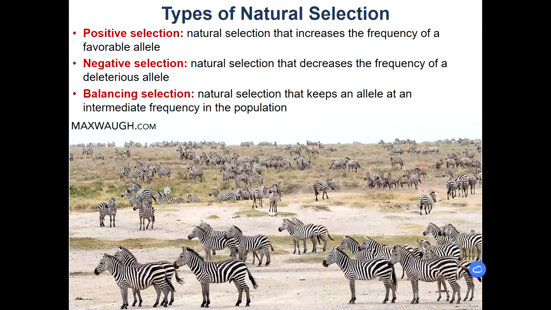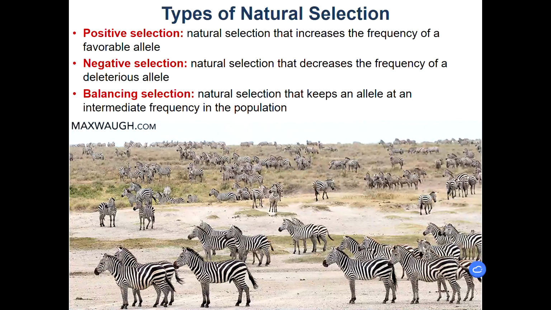So there are types of natural selection. There's positive selection, and that's natural selection that increases the frequency of a favorable allele. So if the allele helps you do better in your environment, you're more likely to survive and reproduce. You're more likely to pass that allele on to your offspring, and so it's more likely to stay in the